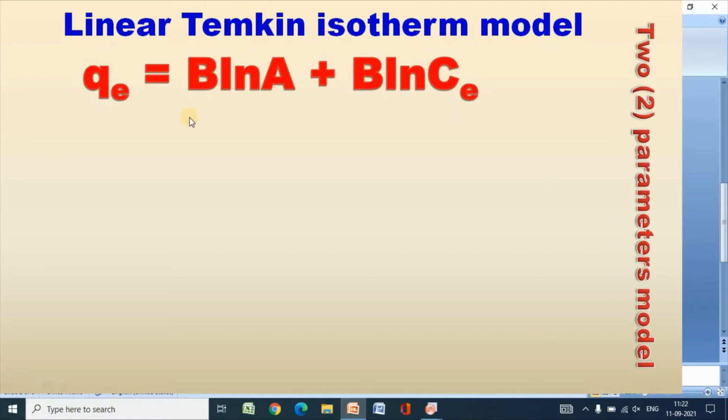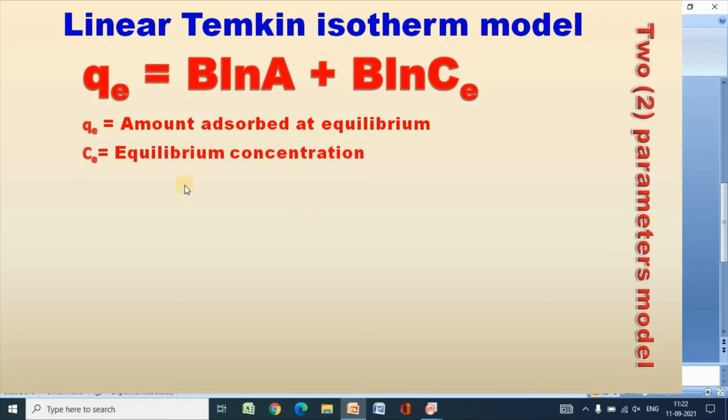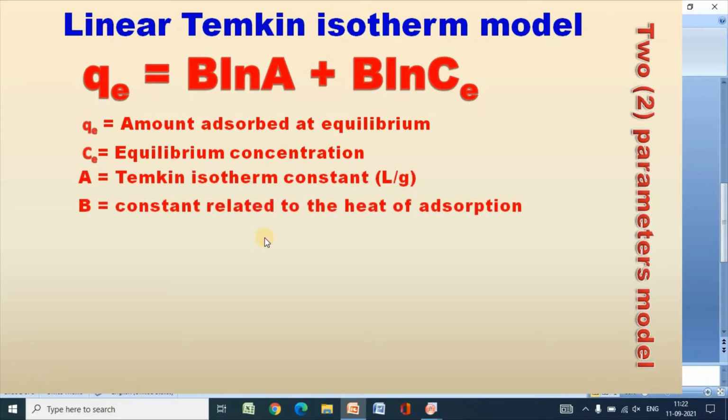So, linear Temkin isotherm can be written as Q equal to B ln A plus B ln Ce, where Q is the amount adsorbed at equilibrium, Ce is the equilibrium concentration, A is the Temkin isotherm constant, B is the constant related to the heat of adsorption,